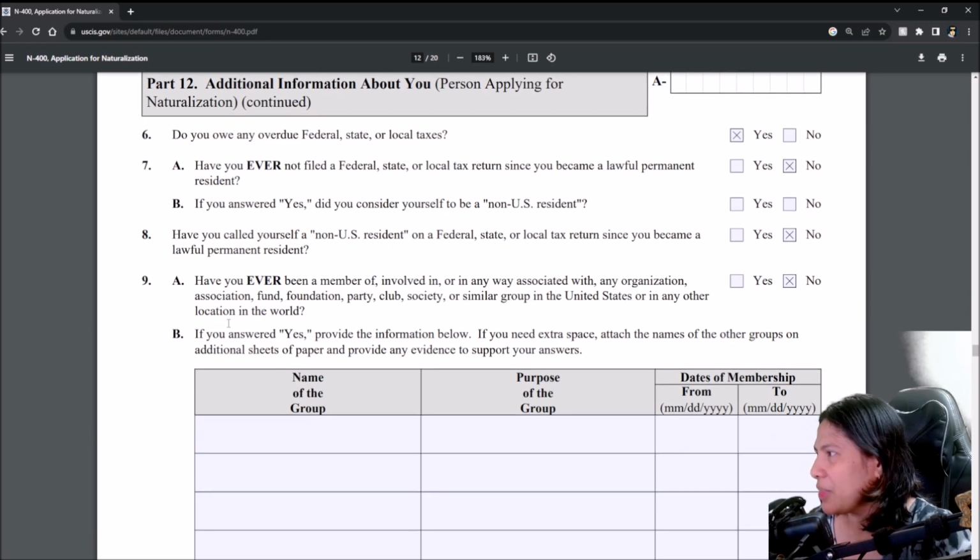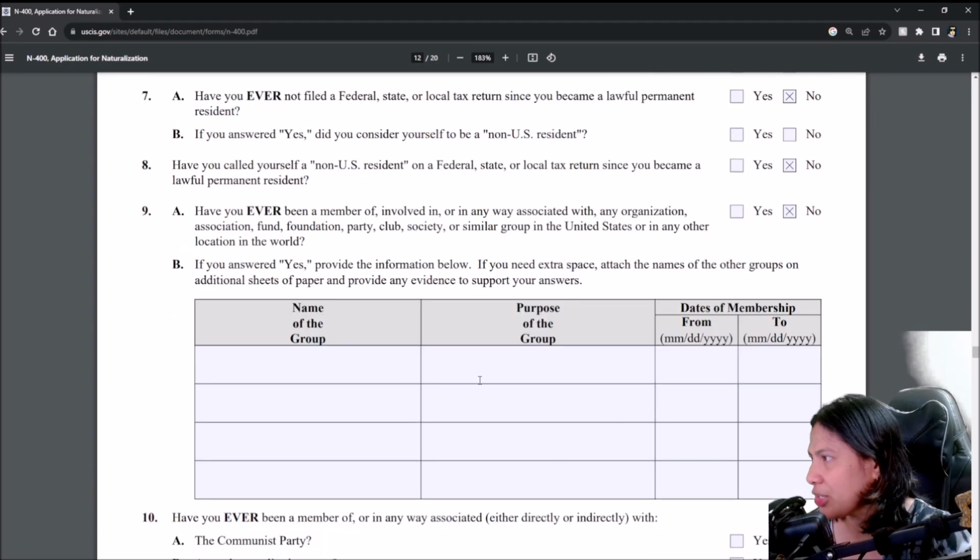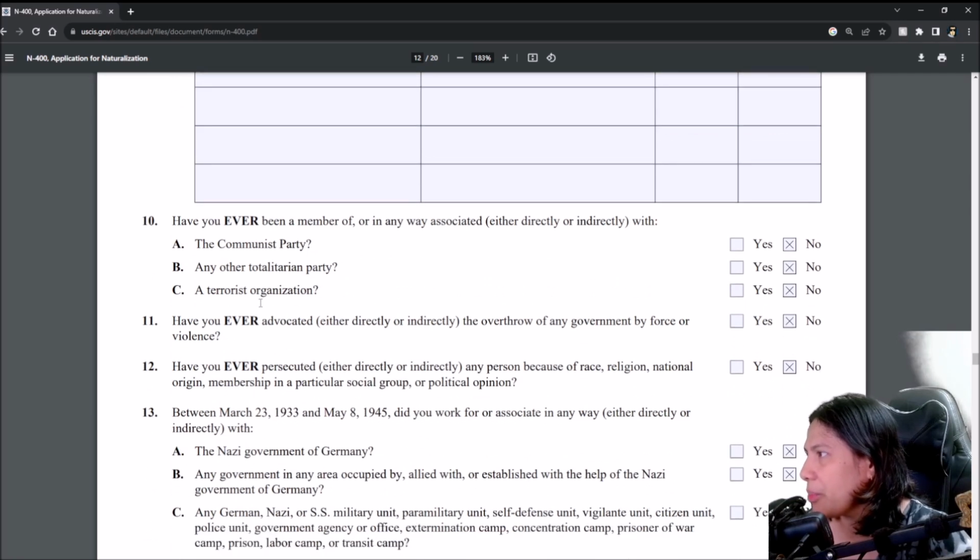Yes. So number 9, have you ever been a member of, involved in, or in any way associated with any organization, association, fund, foundation, party, club, society, or similar group in the United States or in any other location in the world? So no. If you click yes, right here, is your explanation why. Have you ever been a member of or in any way associated with the Communist Party? No. Any other totalitarian party? No. Terrorist organization? No. So when I did research while reviewing for the N400, some officers asked